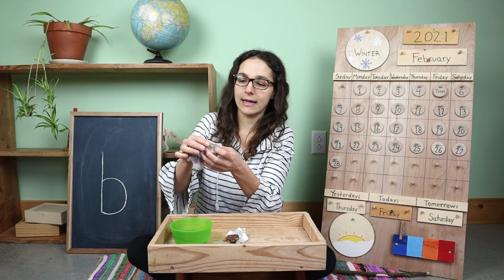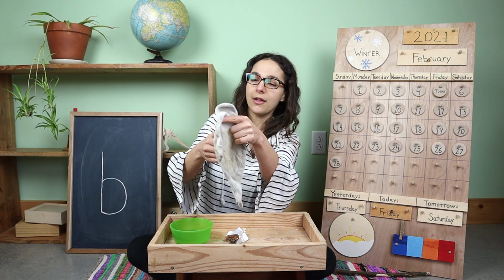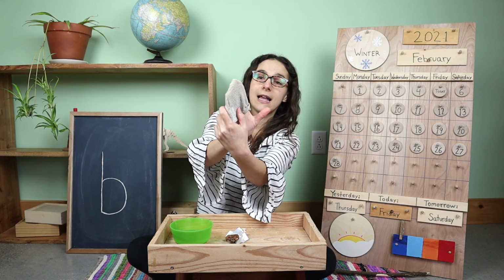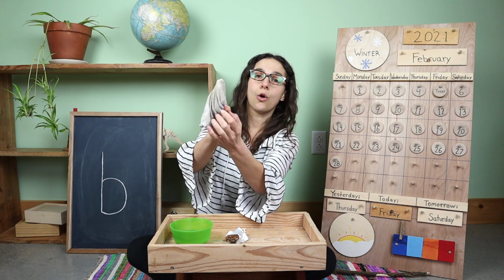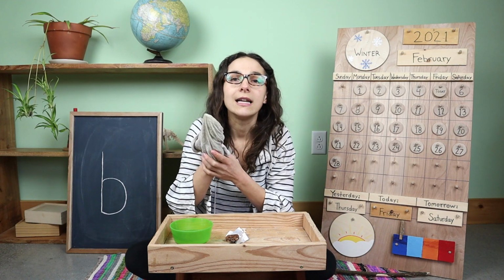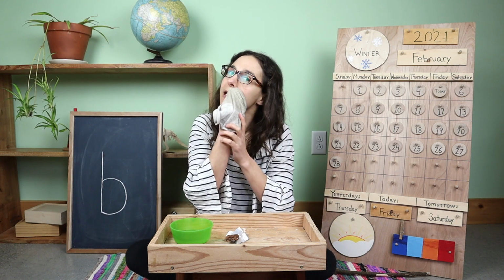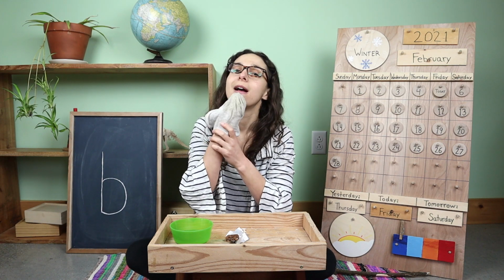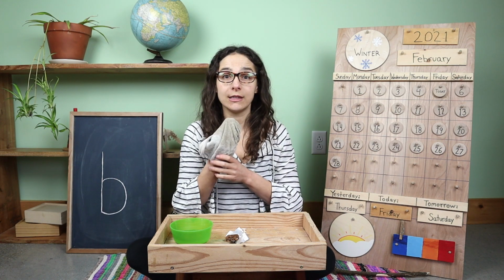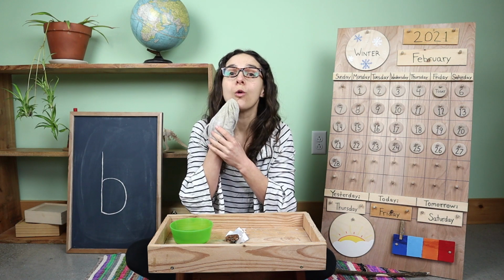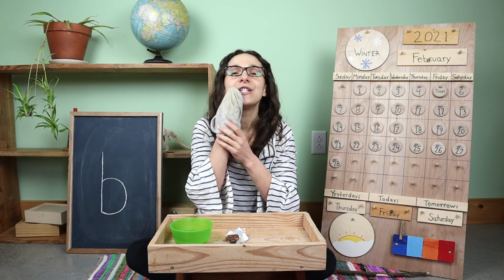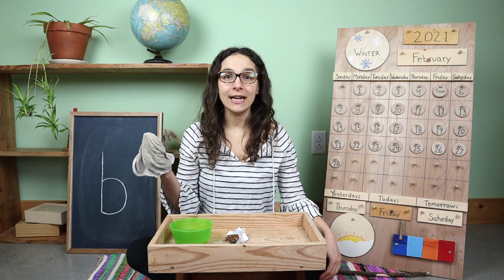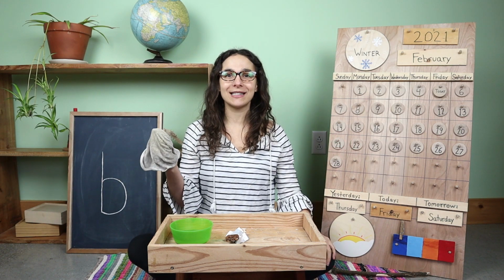Now look in the mirror again. Take your cloth and you're going to cover it over your fingers like this and use your thumb to hold the cloth in place. Now look in the mirror and you're going to gently take the cloth and wipe any food that you see around your mouth or on your face. Just like that. Now your face is all clean and you did it all by yourself.